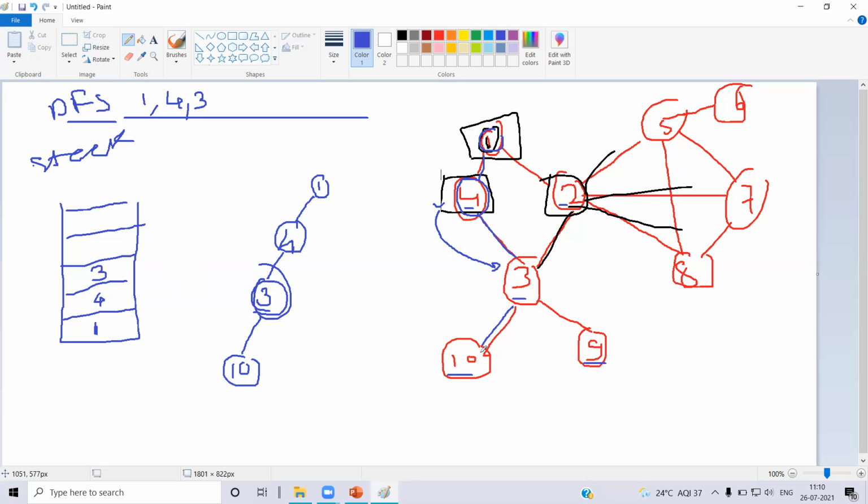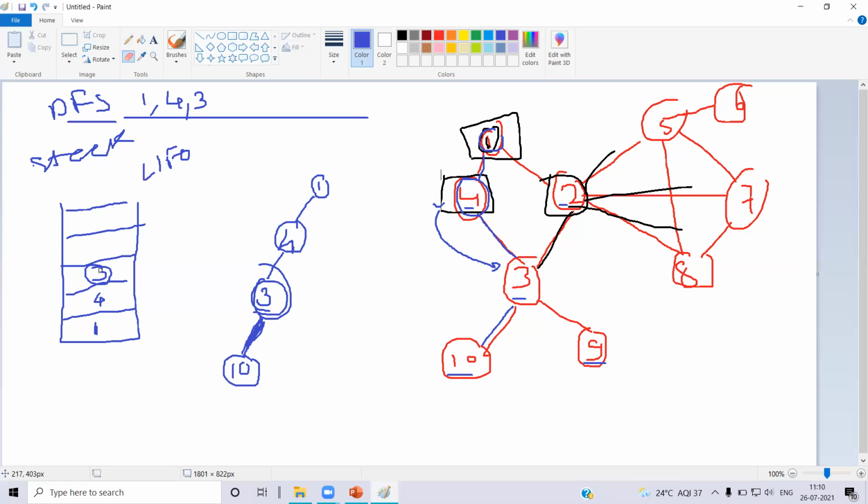So then I got to know that at 10, I don't have any other update. So what I have to do is go back to 3. For that purpose, you will be popping from the stack, that is last in, first out. So this is the element which is present over there.